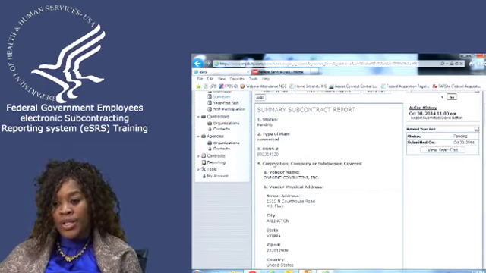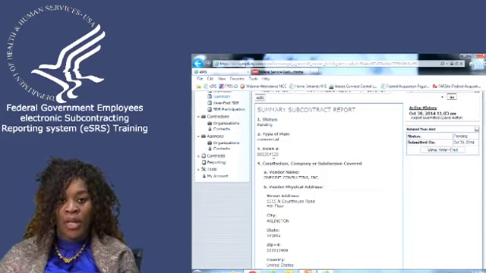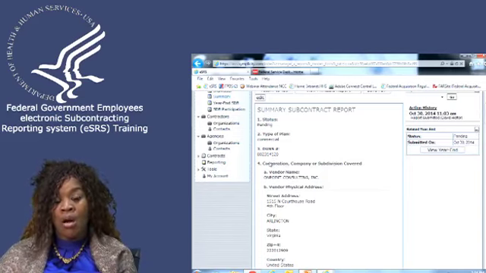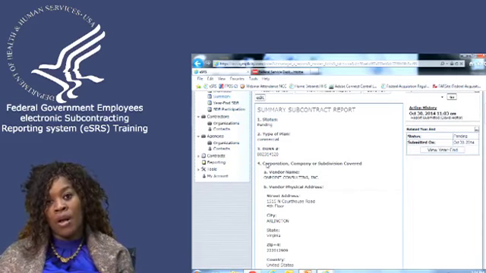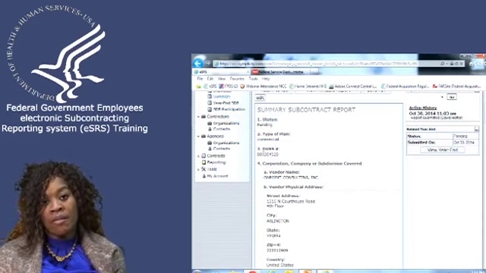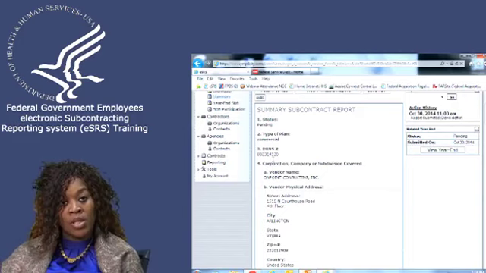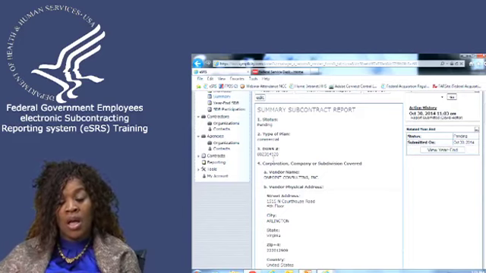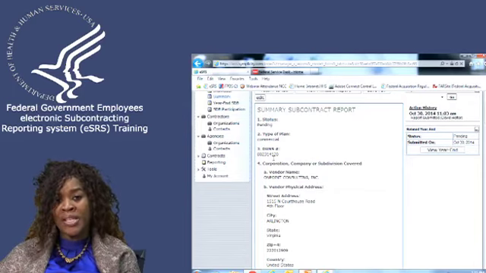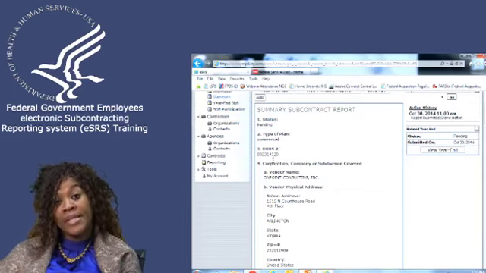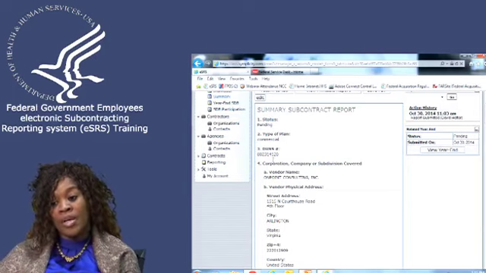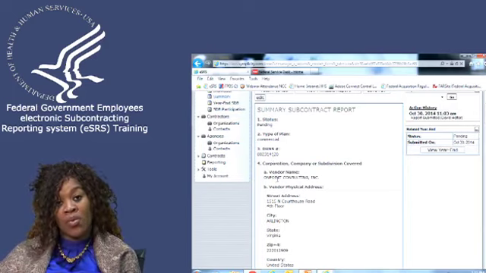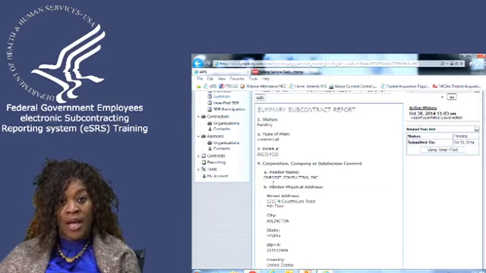So the first thing we want to do is make sure that we have a commercial plan with this particular contractor. Oftentimes I receive calls from agencies saying, Angela, this company is submitting us a percent attributable to their subcontracting accomplishments. However, we don't have a subcontracting plan with them. So you need to be able to verify by having the subcontracting plan whether or not this particular vendor is someone that you have a commercial plan with. If it is not, you definitely need to reject the report and advise them that they are not.